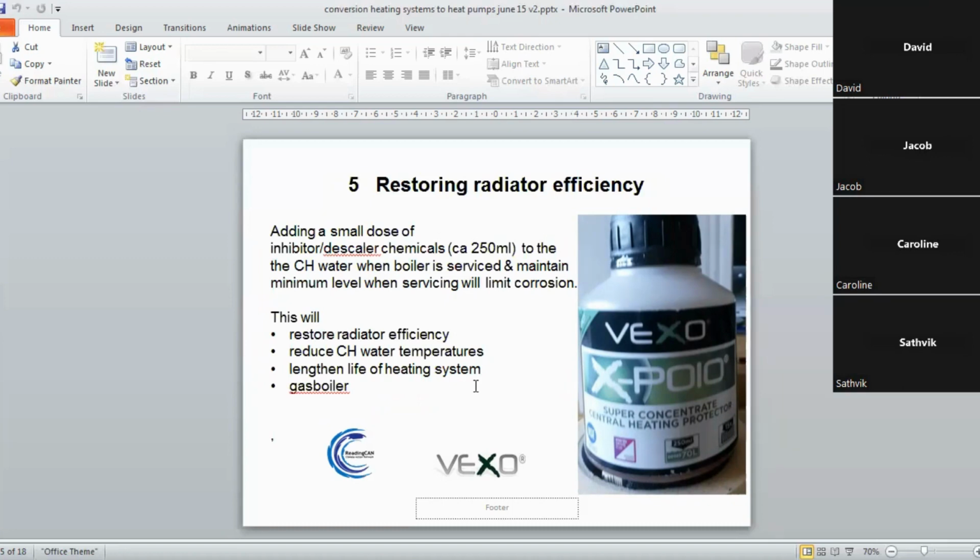And as a result of that, I've been able to operate my radiators at temperatures of 40 to 45 C rather than at 70 degrees C, simply because I've restored the radiator efficiency. So I've been able to reduce the central heating water temperature and lengthen the life of the heating system. Before I installed,